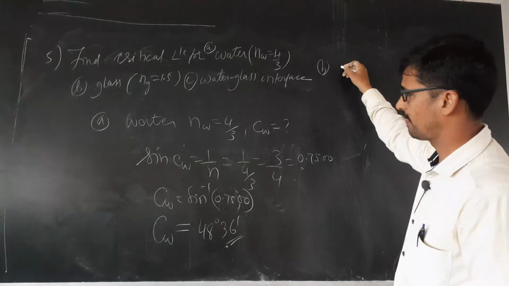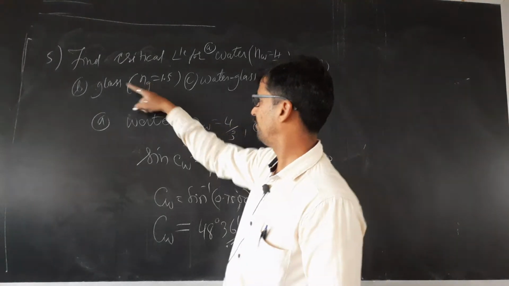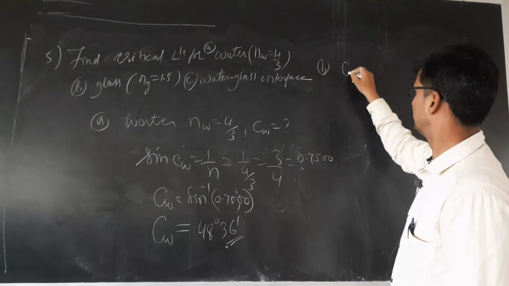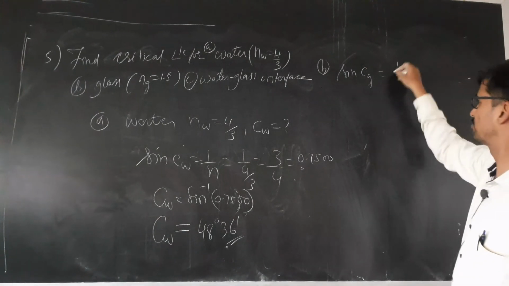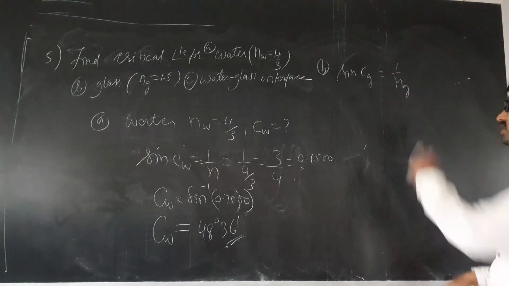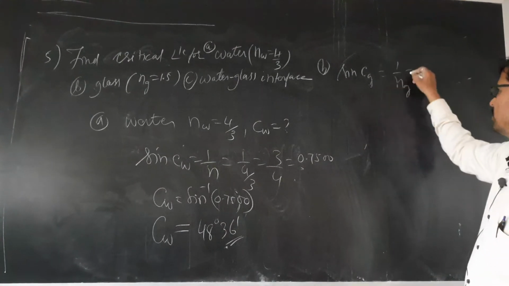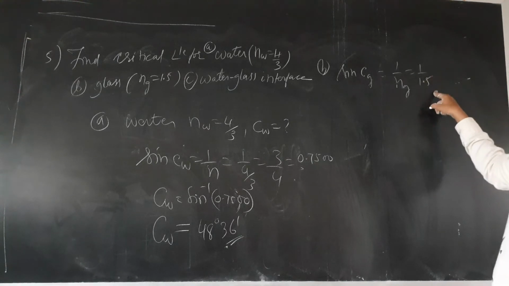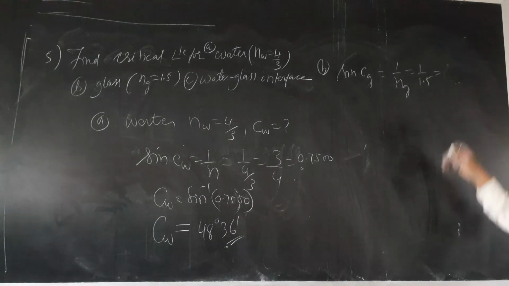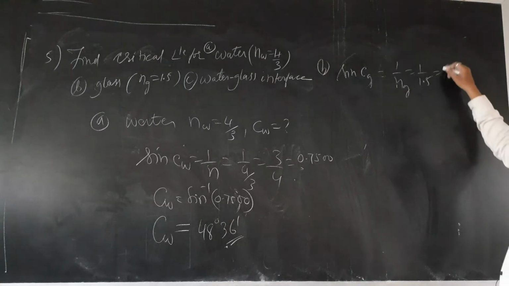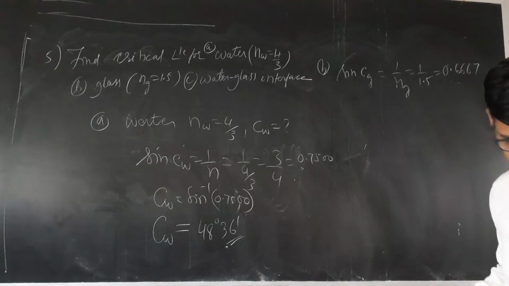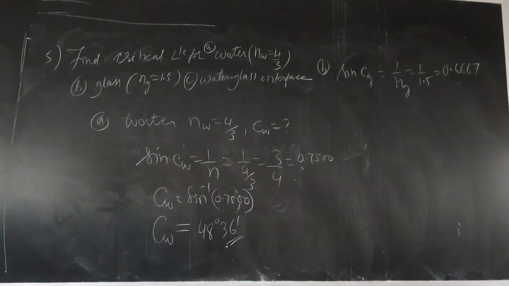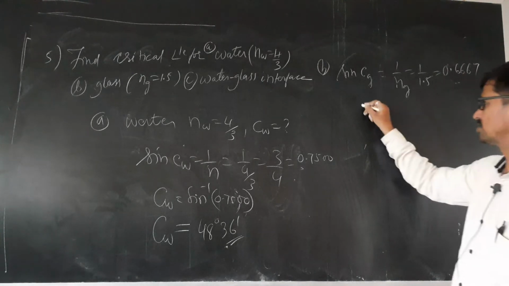Second question is critical angle for glass. For glass, sin C is 1 by the glass refractive index. Glass is 1.5, so 1 by 1.5 is this much. Last digit I have rounded to 7. So C_g will be